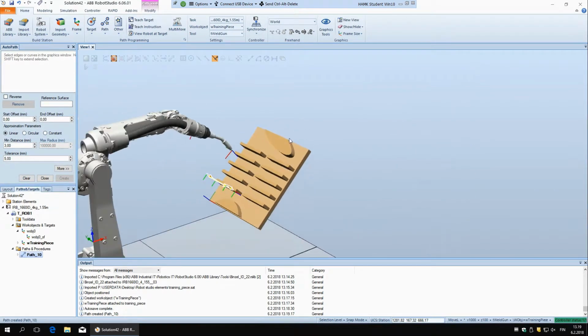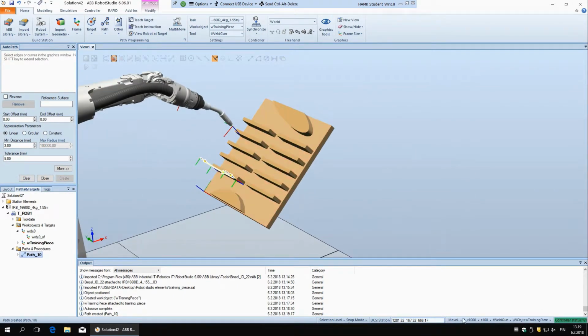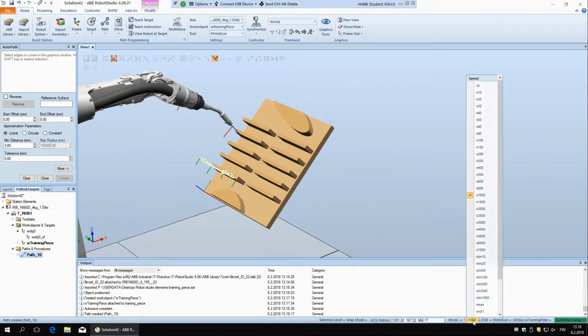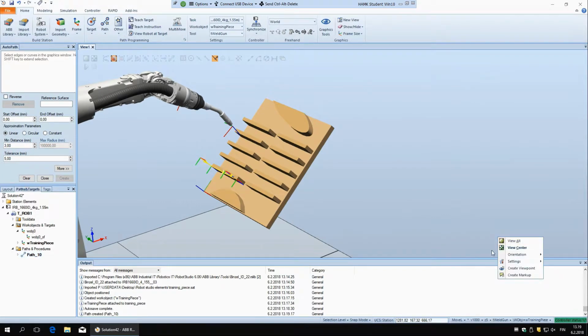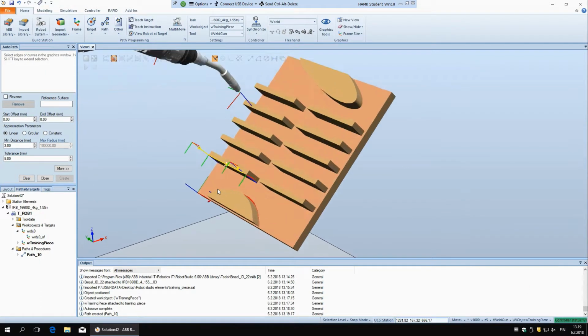Oh, actually I forgot to modify the creation parameters. Let's do that now. So we can leave that, but let's put this zone 5. So it will pretty much follow the geometry, but it will take a small radius here so it doesn't stop in between. And okay, now let's take next